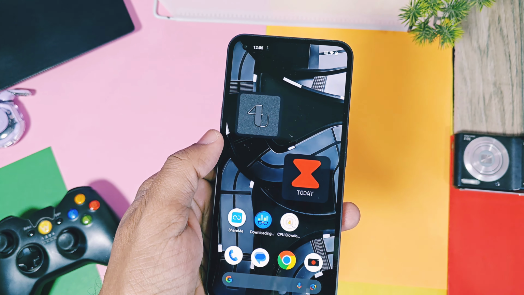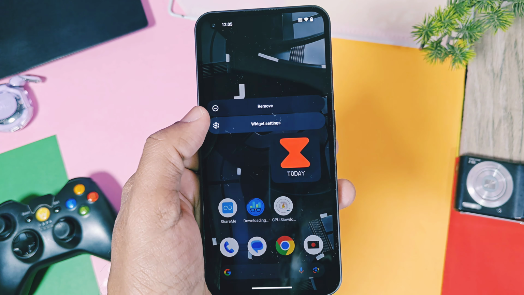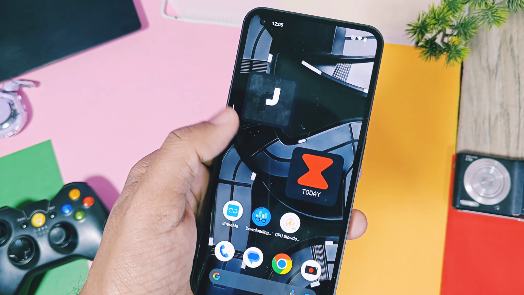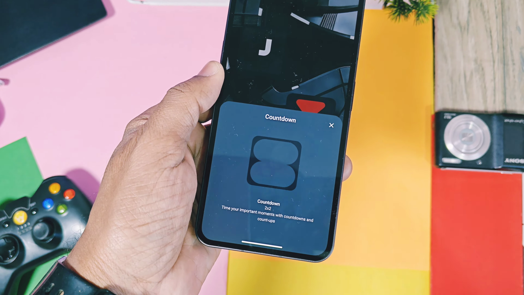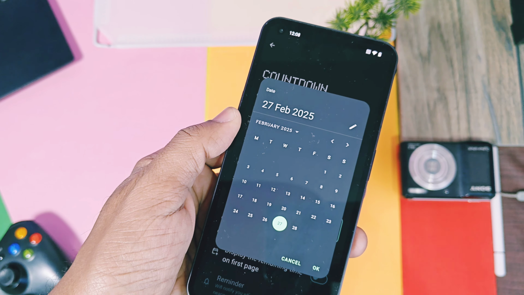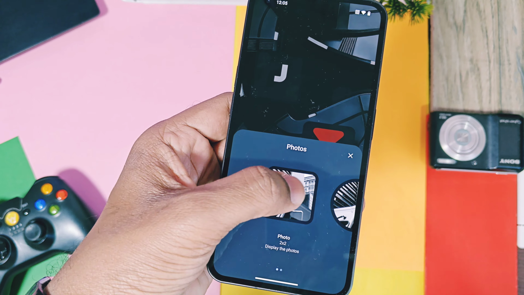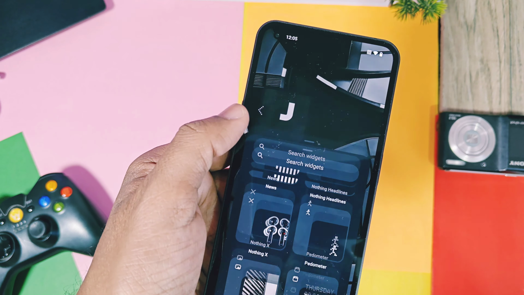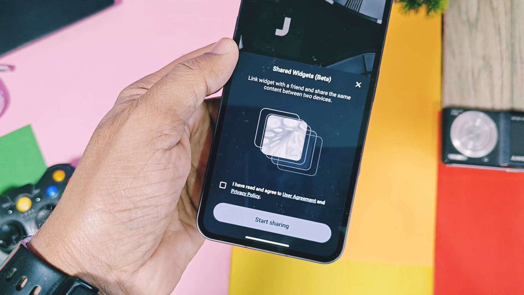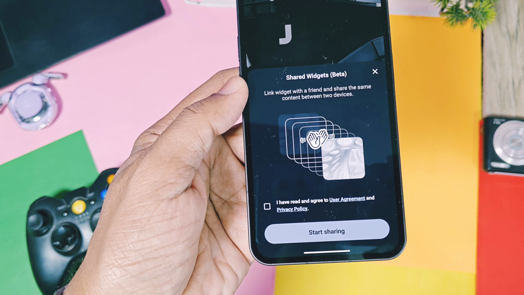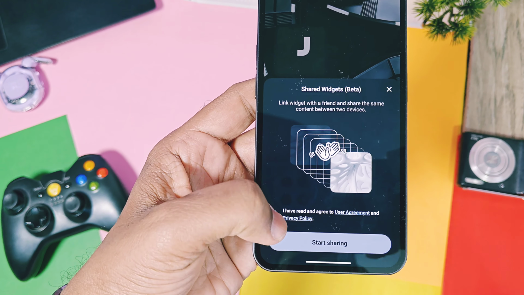The first one is the new timer widgets and the new square-shaped gallery widget, which offers synchronization of photos. We already created a preview of these widgets, you can check them in the earlier video. The new Nothing OS 3.0 gallery widget is square-shaped and now offers the new synchronization feature with your Nothing devices. Just tap on the share option, accept the terms and